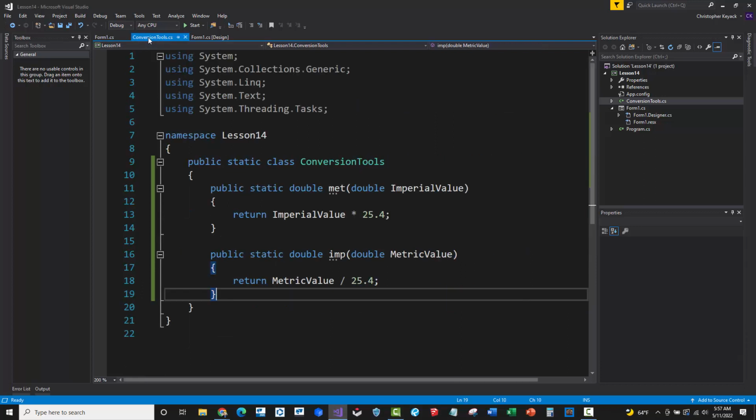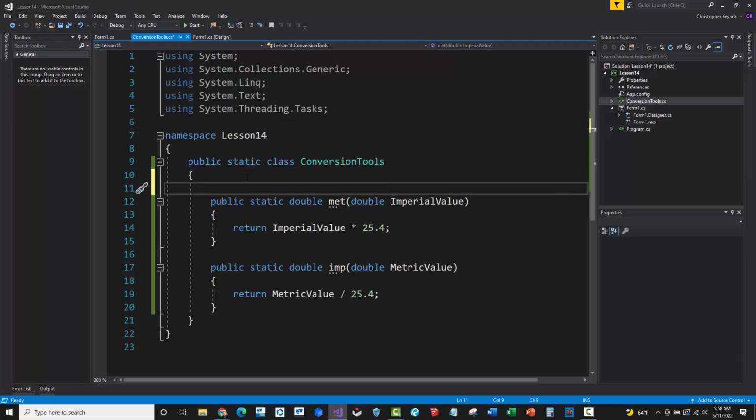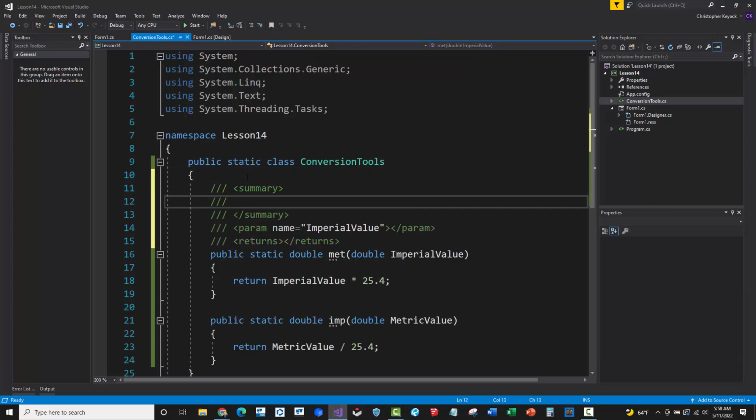Now, one other small intermediate sort of documentation feature that is good for you, especially if you're making some more professional code or you want to remember what your method does, is you can actually come in here and above the method itself, you can put 3 slashes, 3 forward slashes, and then what it's going to do is it's going to create some documentation for you. And so this is where you can actually describe what this method does. And so you can write in converts the metric value to imperial,